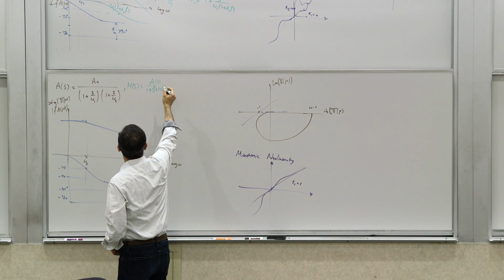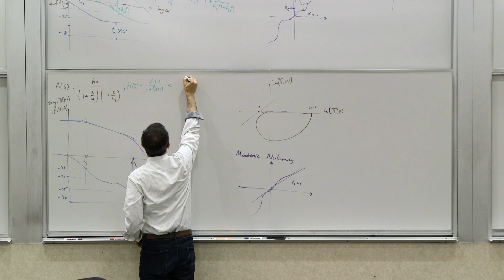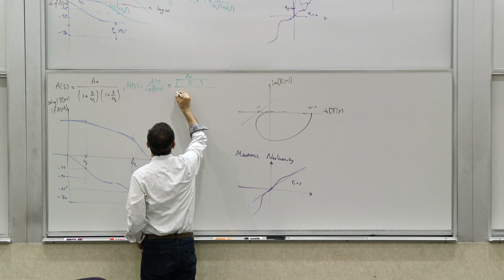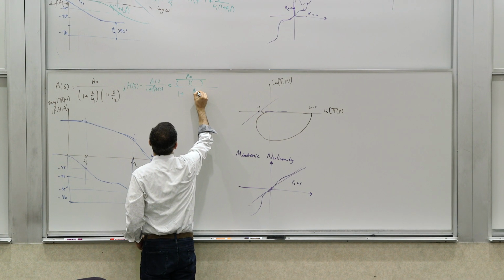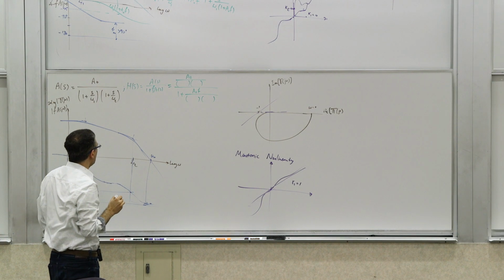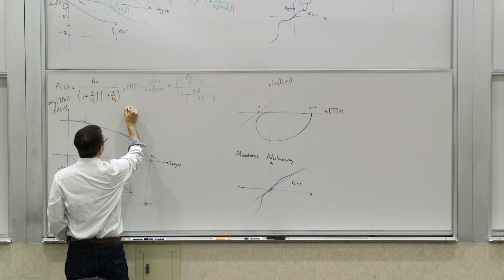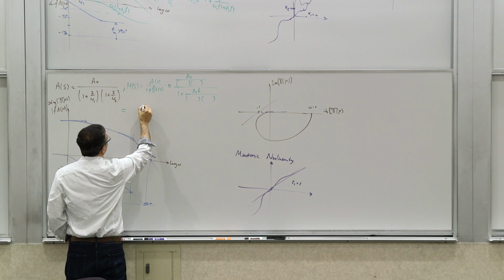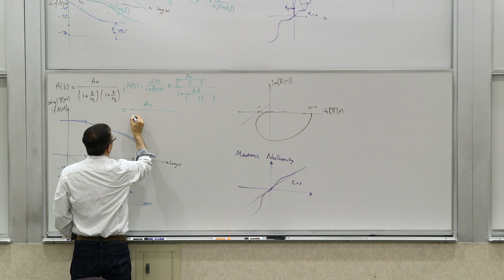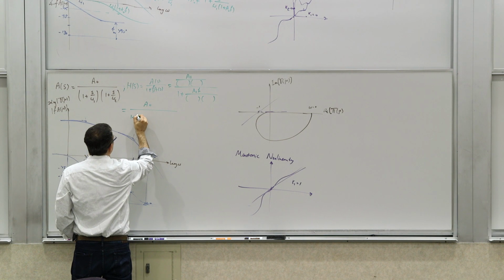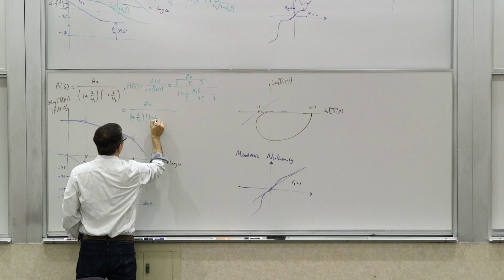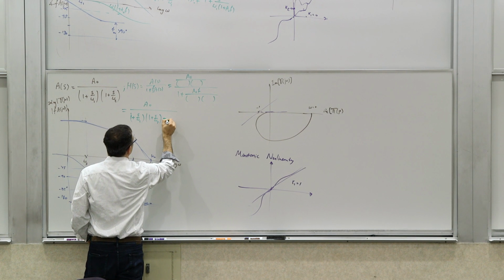If you plug this in, you have A0 over those two terms in the denominator, divided by 1 plus A0f divided by those two terms in the denominator. Then we multiply the numerator and denominator by those two terms. So you will get A0, and then you get 1 plus s over omega 1 times 1 plus s over omega 2 plus A0f,